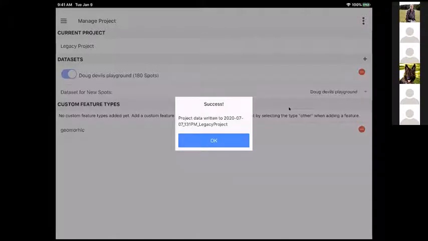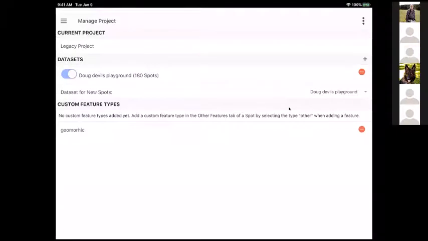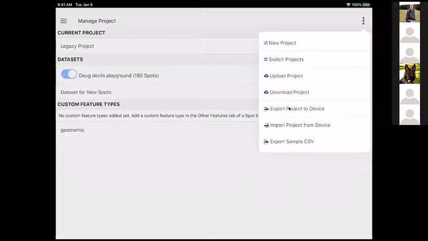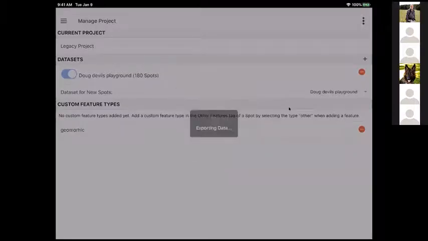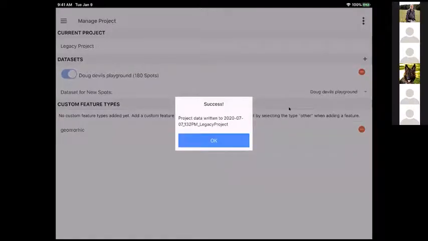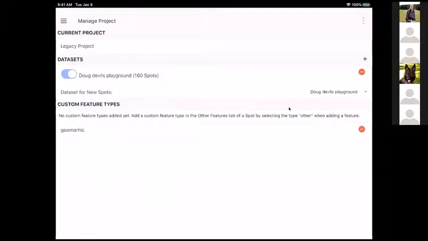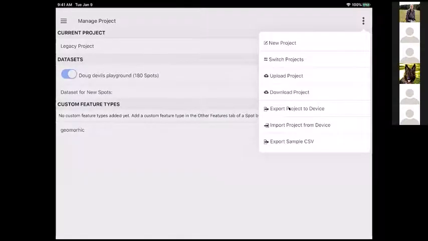You could actually take this backup that I just wrote and copy it using iTunes, or if you're using Android, just copy it, and you can stick it on another device and use it if you want it. So it's all very easy. So I could export it one more time. It's changed the time to 1:32. And now what I could do is import this back in.